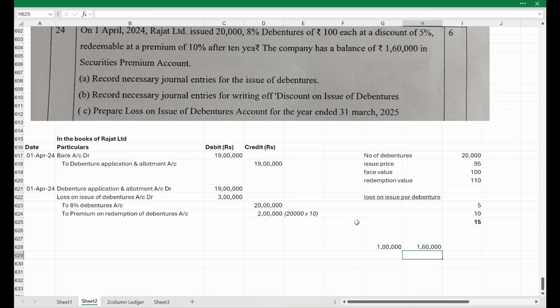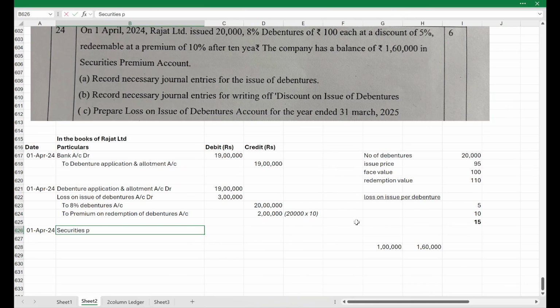It is a rule that if you are writing off the loss on issue of debentures at discount, and if you are also writing off the redemption premium, you have to first write it off from securities premium, and over and above that, if something is still left to be written off and securities premium is not enough, only then it has to be taken to the statement of P&L. Here the loss amount is 1 lakh, but the premium itself is 1,60,000. Therefore, I will be using the premium amount itself for writing off the loss. Therefore, the answer will be